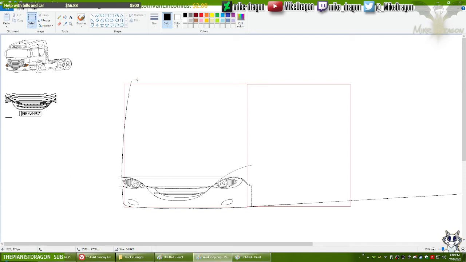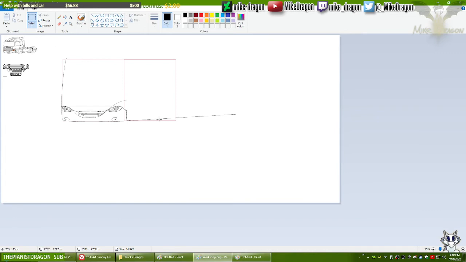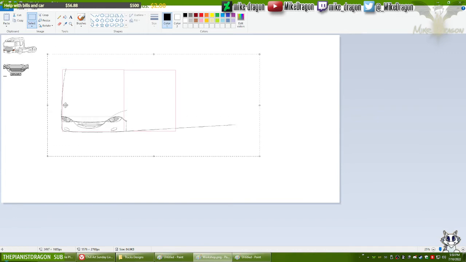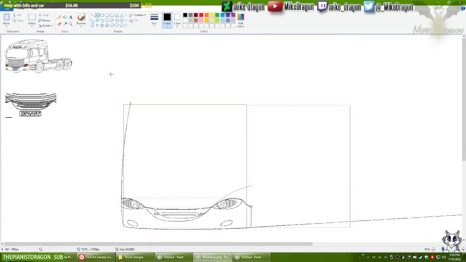Now, let's move this down a little bit more and try to draw the roof. This needs to be a little more angled.